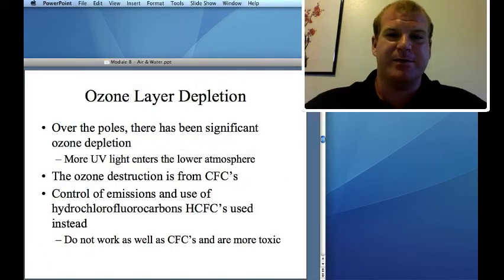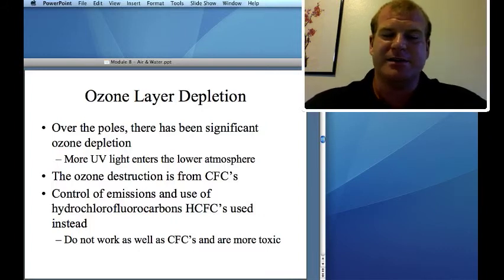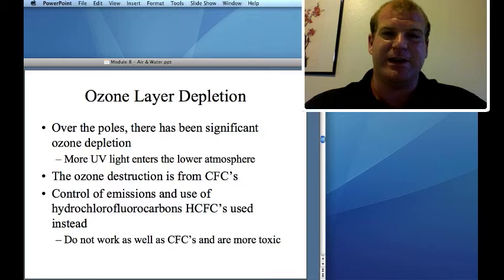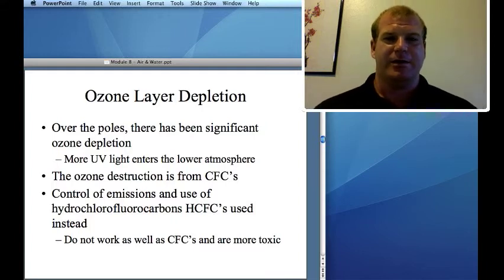Ozone layer. The majority of ozone layer depletion is from volcanic eruptions. But like I said before, as long as the sun is shining and we have oxygen, we're going to get ozone. The problem is that when we get these periods of ozone depletion, there's going to be more ultraviolet light entering the lower atmosphere. And we're trying to mitigate the small contribution humans make. One way is to discontinue CFC use and use hydrochlorofluorocarbons, HCFCs. The problem is that they're more toxic and they don't work as well. So it's a risk versus reward benefit.